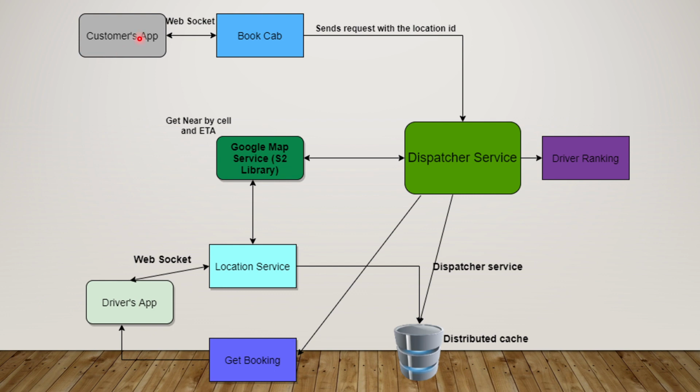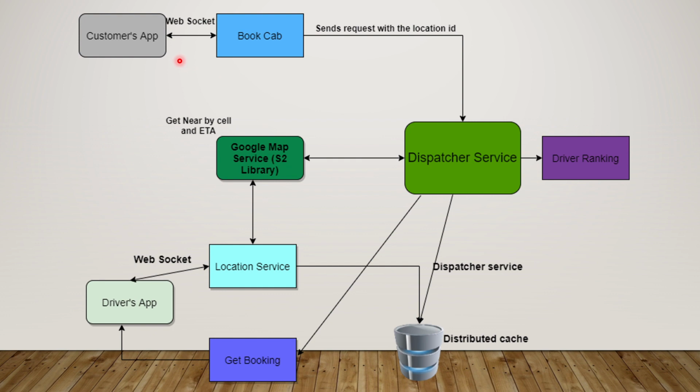So the customer application will talk to the book app, which will be through a user API. Now the API will be connected to the application using a WebSocket. The reason why we will use a WebSocket is that HTTP calls can be costly here, because there will be two-way communication between the customer and the application. The customer will send the request, and the response will be sent back to the customer. Then some notifications also will be pushed to the customer. So it's a good idea to maintain a WebSocket.